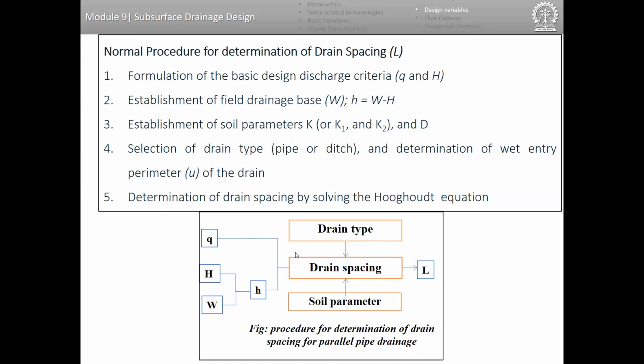This can be done either by solving the Ruat equation, or there are multiple equations that can be used for the purpose. The accuracy of this calculation, irrespective of the equation that you use, is basically related with the parameters related to the soil, like how you are calculating hydraulic conductivity and the interaction between the soil and the system. These are the more crucial part rather than what kind of spacing formula you are using.